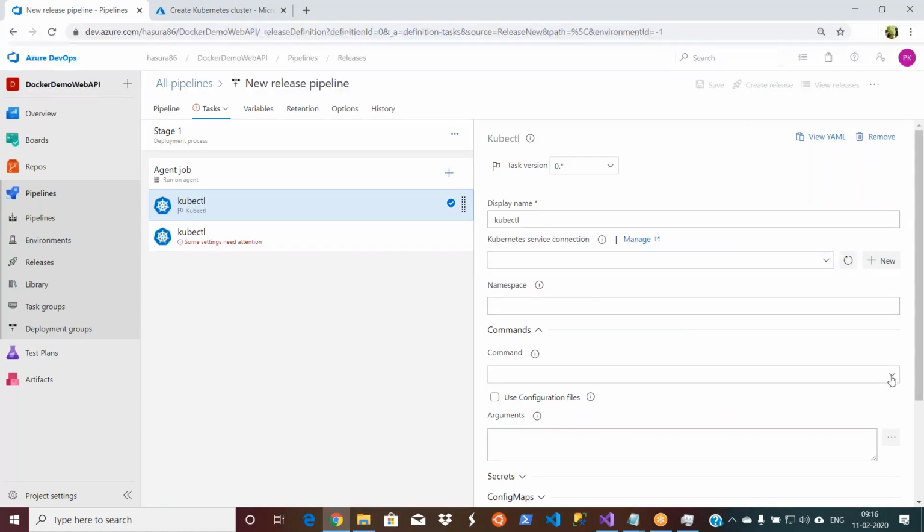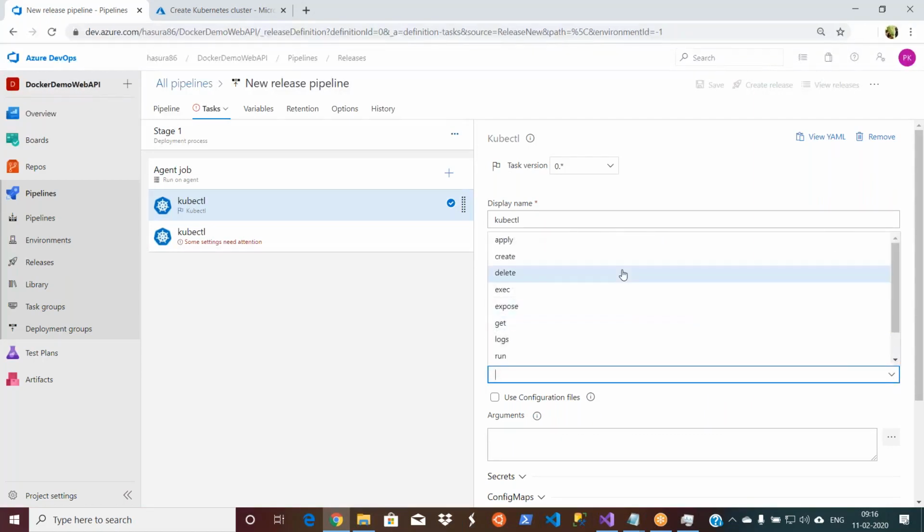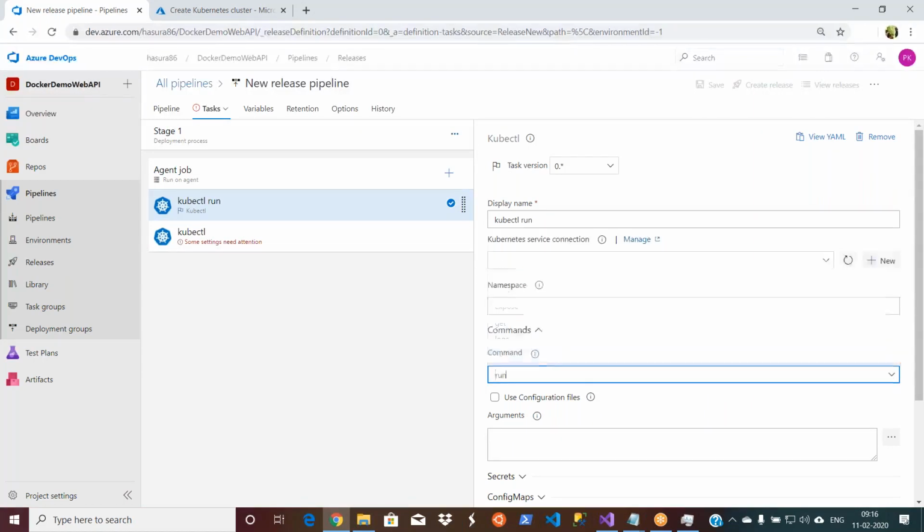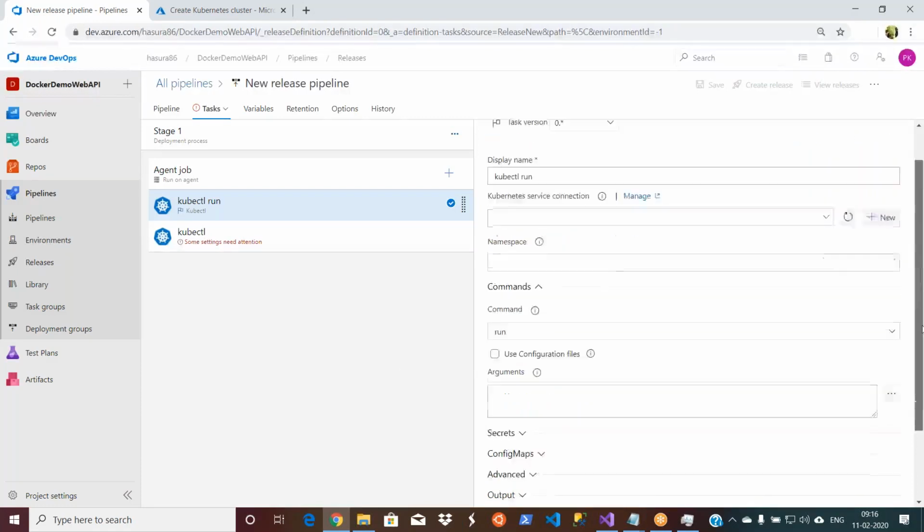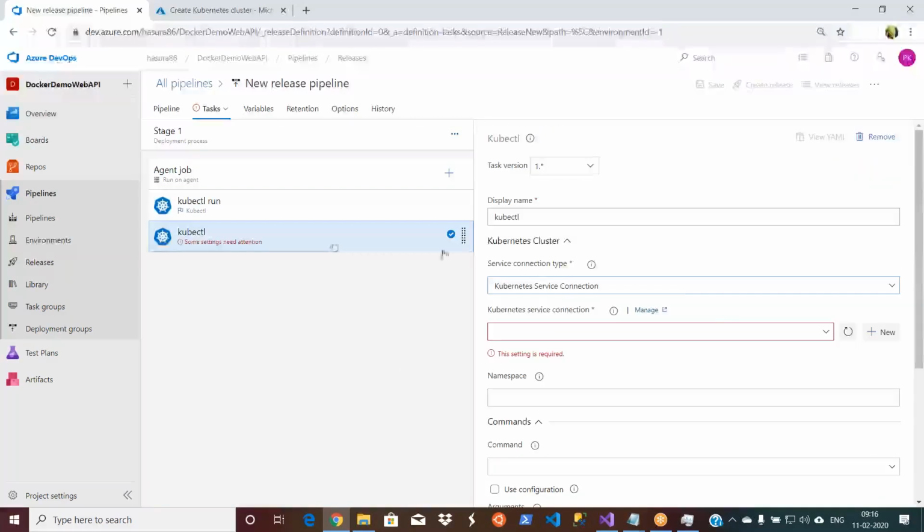Basically, the first command will be kubectl run. It will execute your image and create a container, meaning a running version of your image. And the next command will be